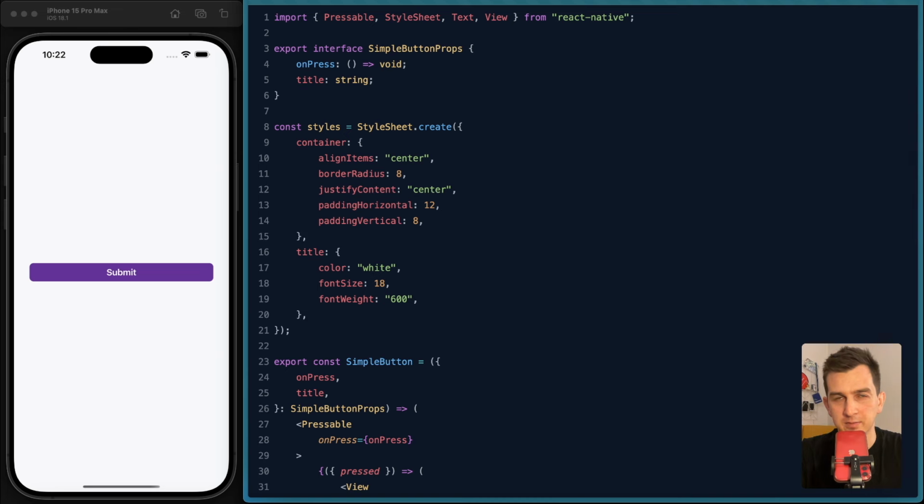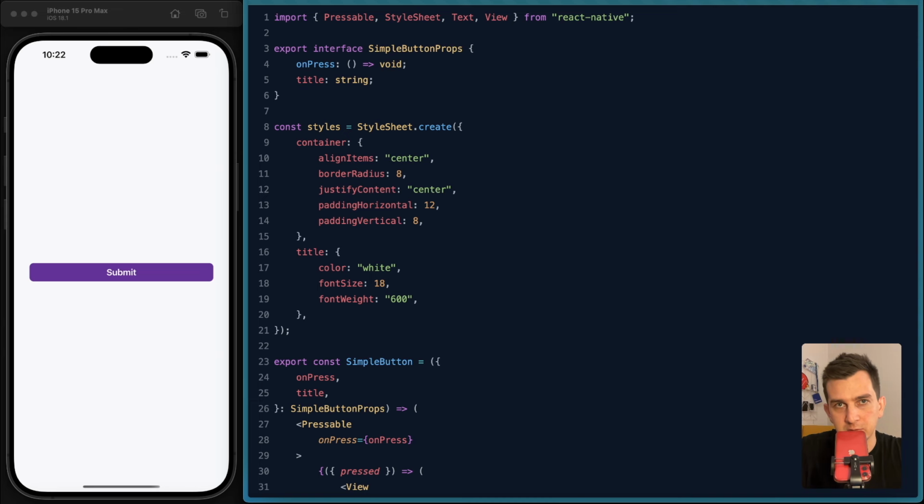Now we want to add an icon to the button because buttons without icons are just plain sad. I don't know which icon font you're going to use or if you're going to use multiple fonts or SVGs. So the best way is to pass the icon element directly to the button.